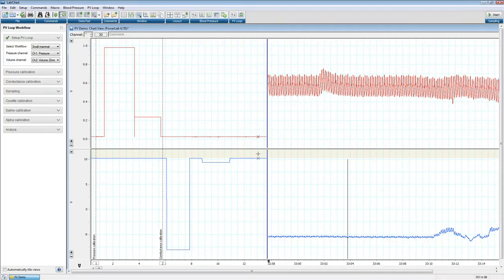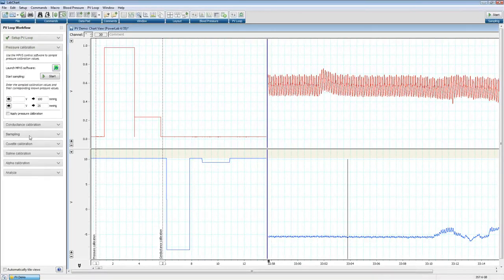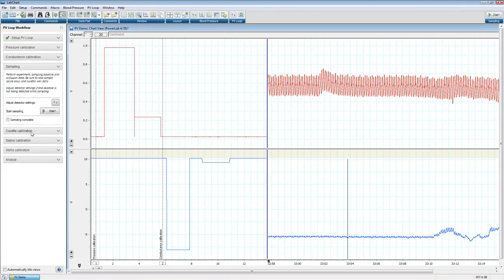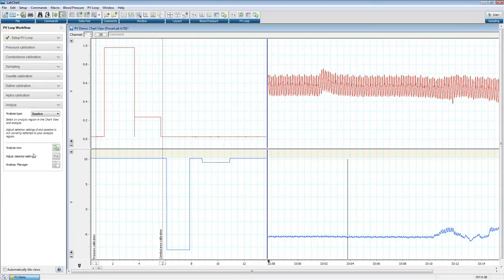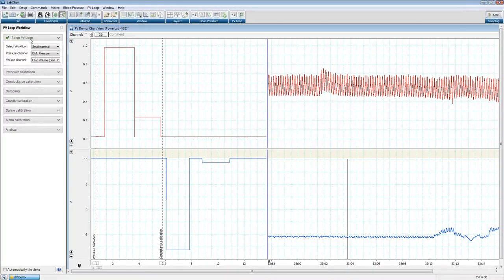So first thing you'll notice here is PV Loop Workflow here off to the left. And you'll notice we have a bunch of different little steps that I can click on to go through. And it's just designed to guide you through the process of analysis and calibration. This has been something that we've talked with customers a bunch about, and many have asked for some way to make this easier. PV Loop can be a bit daunting when it's your first time, so we've given this to you to help you with setting up the MPVS software as well as with ours